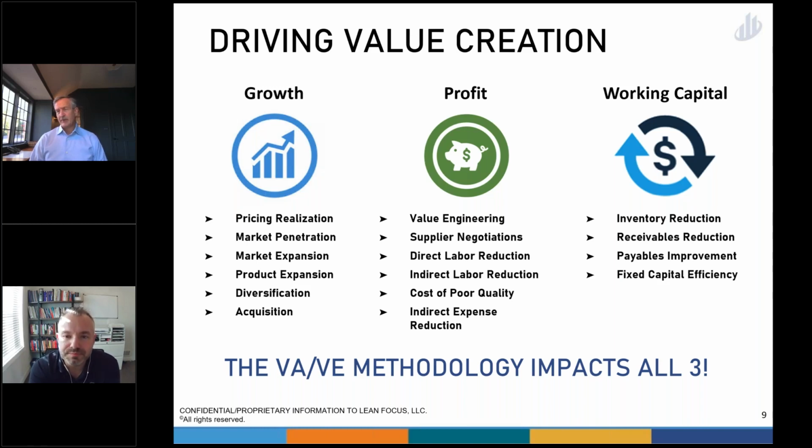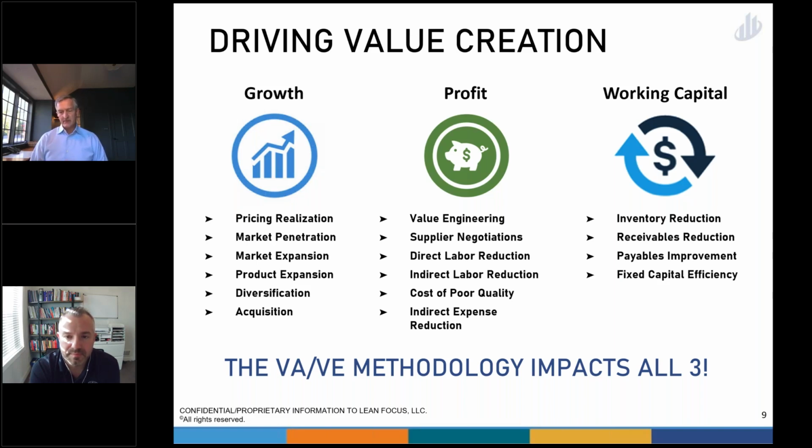Now I'll lead off with an example here. One of the businesses I ran a few years ago was in the product ID business, and we had a high-speed camera that a competitor had come out with a competing product for. We had the best product in the market. They'd come out with a product that was pretty close to as good in some ways. So we were feeling some competitive pressure. They priced it a little bit lower.